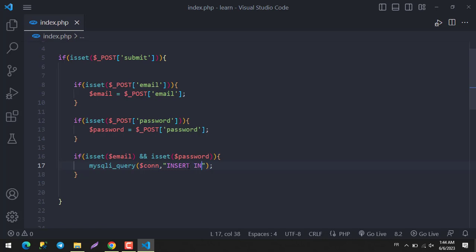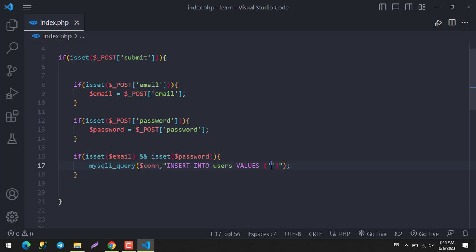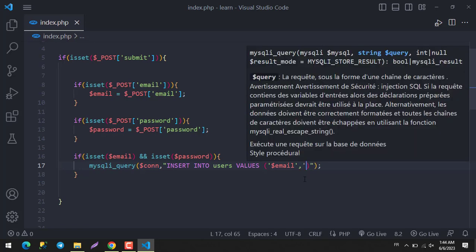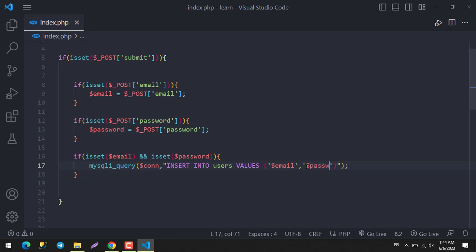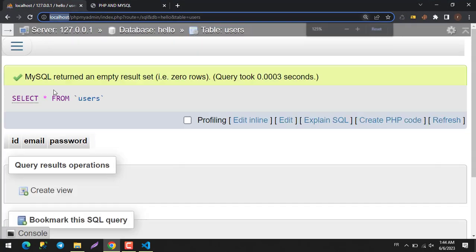Insert into users, the name of the table, values, and here the values. Value number 1, email, okay. Value number 2, password, okay. Insert into users, values email, password, okay. Insert into email. Sorry, you can check it here, our query,